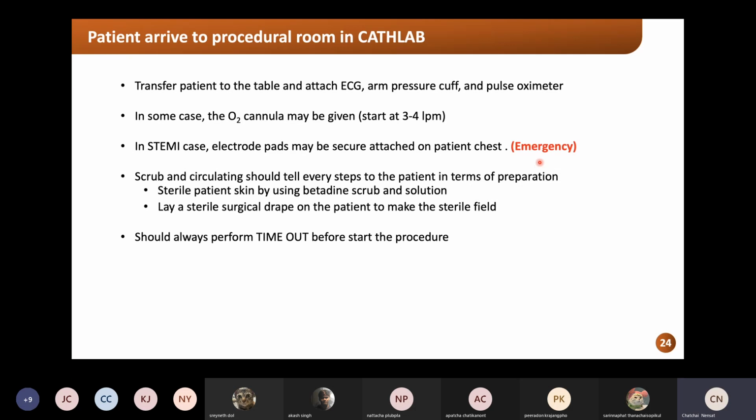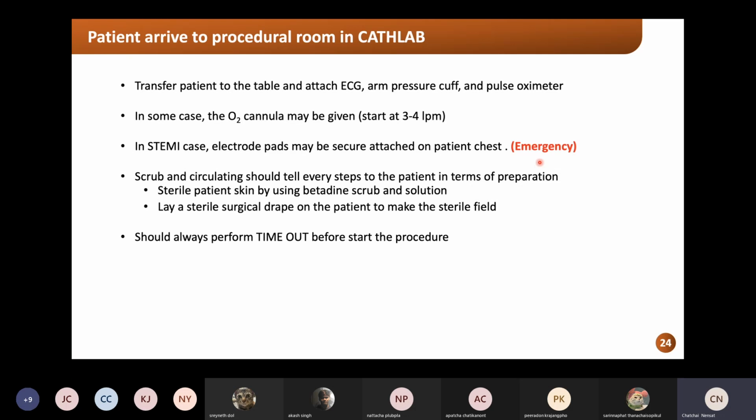the VT or VF is generally found in the patients. If you attach the electrode pads on the patient, you don't touch the sterile field and you don't have to redo the draping on the patient, which is really time consuming. So if you attach the electrode pads on the patient